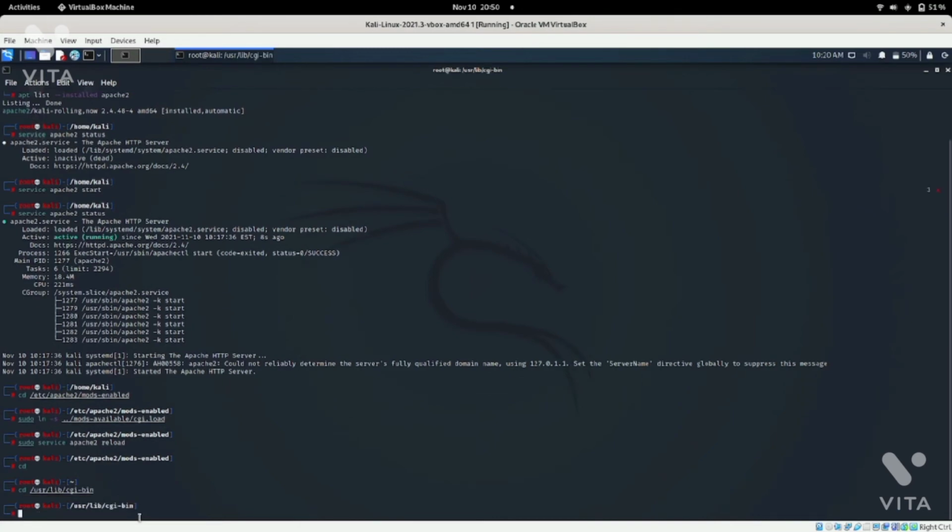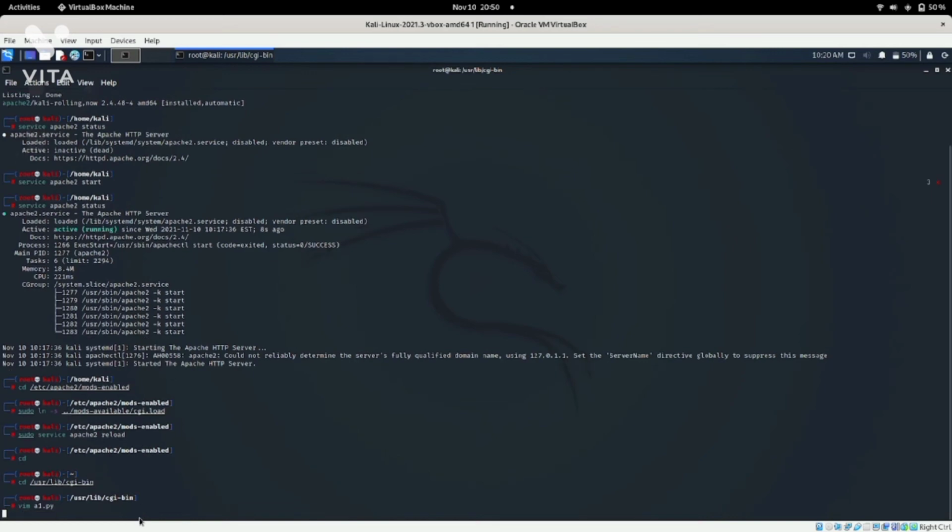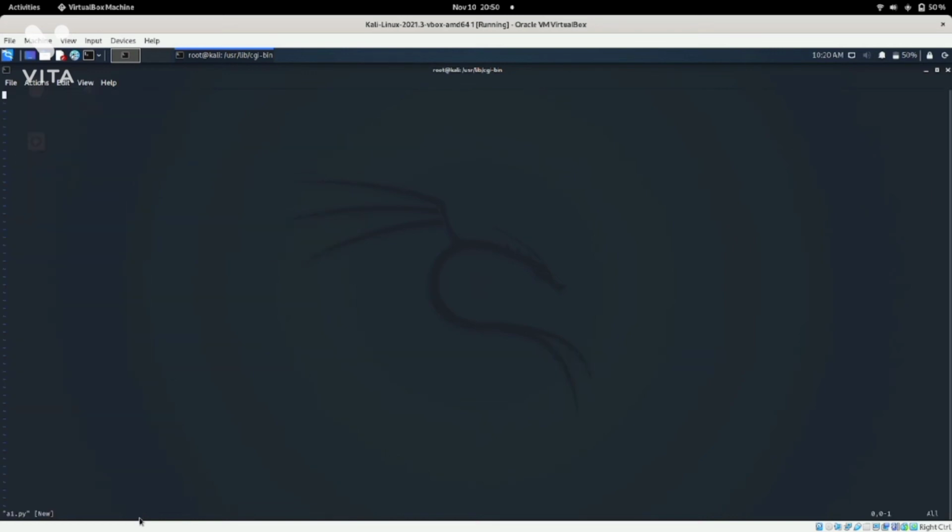After coming inside this folder, you can make a file. I am using the Vim text editor and I am giving the file name a1.py. Here we will write some Python code and we will try to run this code with the help of the internet. So my Vim text editor is opened. I go into insert mode, then I start writing code: #!/usr/bin/python3.